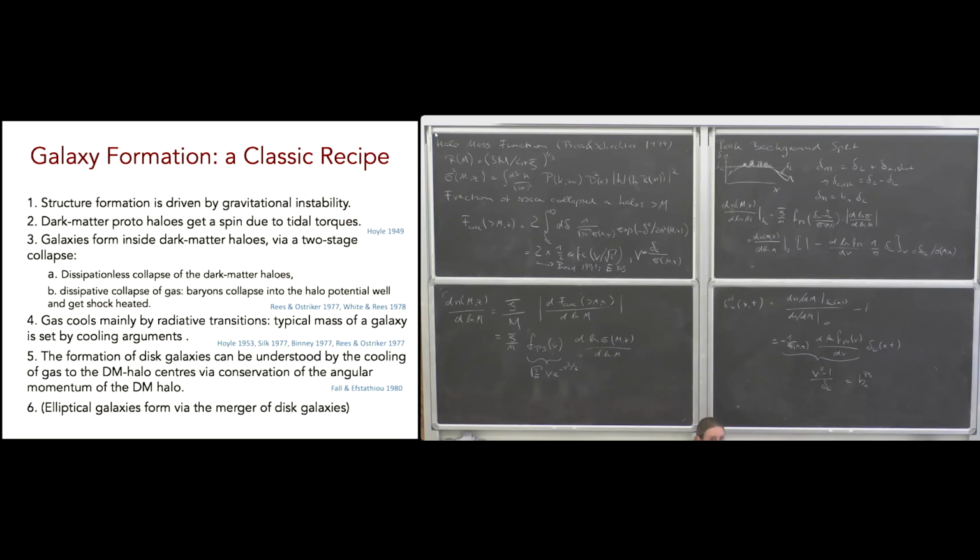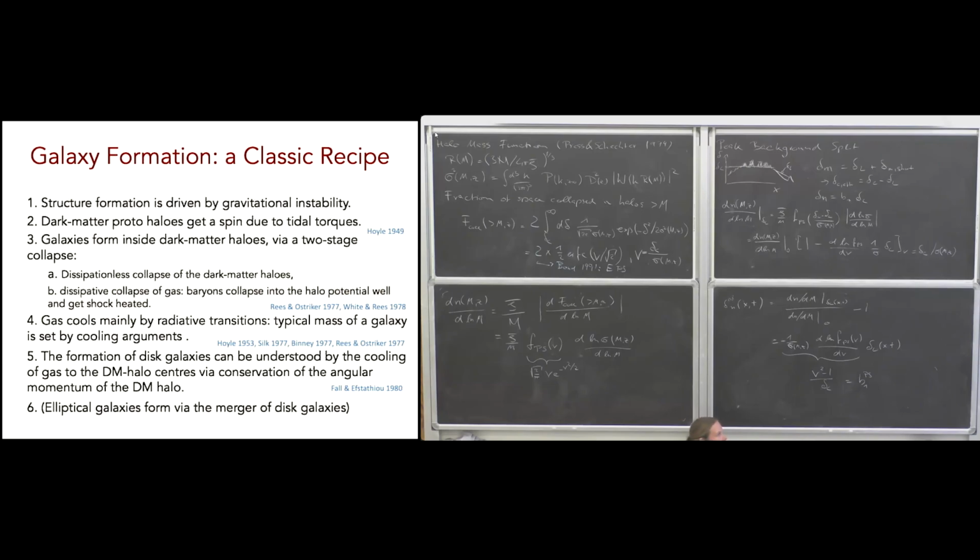That is by now a pretty classic story in astronomy. We've just calculated step one here, that is how structure formation is driven by gravitational instability. In a slightly longer summer school, we could then also calculate how dark matter protohalos get spin due to tidal torquing, which is a fun calculation, but not in 4 lectures. And then the next step described already by Hoyle in 1949 is how galaxies form inside these dark matter halos in a 2-stage process. That is, after the dark matter halo has formed, there is the